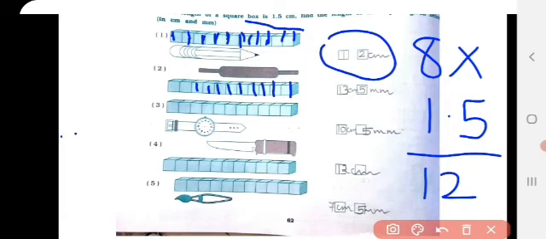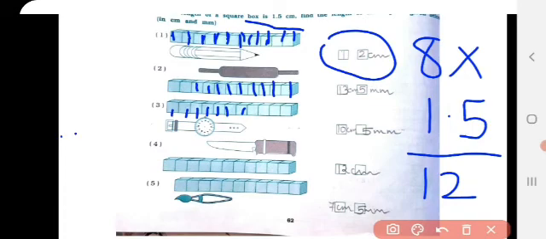The third one is a wristwatch. What you can see, it starts with 1, 2, 3, 4, 5, 6, 7. Right? Now again you multiply 7 with 1.5 because each box you see is 1.5 centimeter. So total we have 7 boxes. So 7 into 1.5, your answer will be 105. Out of 105, 10 will be centimeter and 5 will be millimeter. So the length of the wristwatch is 10 centimeter, 5 millimeter.